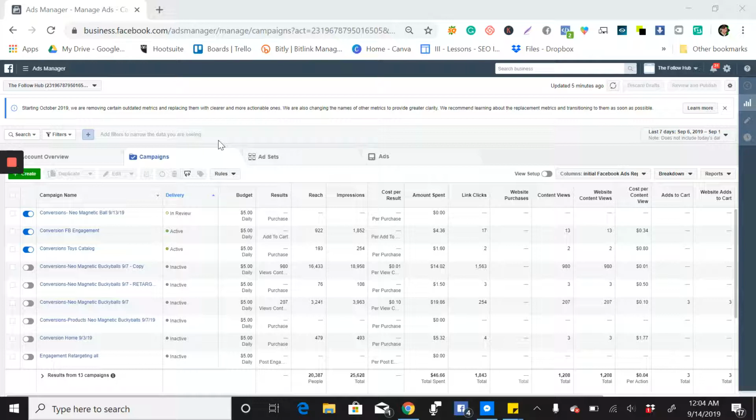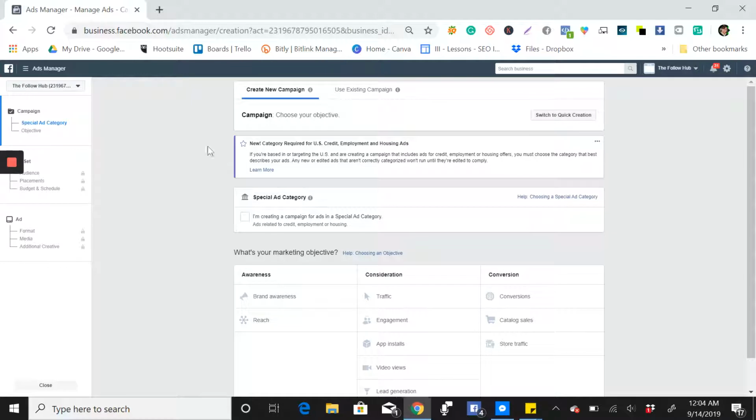So for example, this is really your first time, so it means you don't have any data. What you're going to do is click Create and then this one. So you will see here, you need to choose the campaign